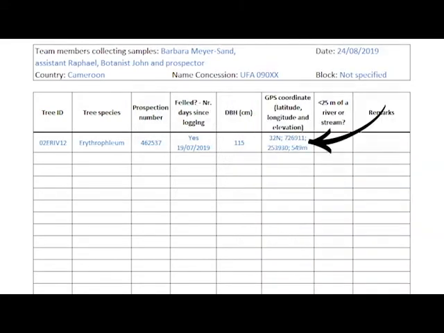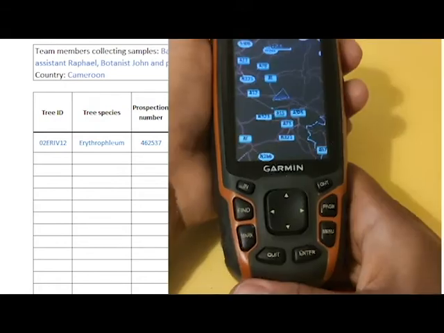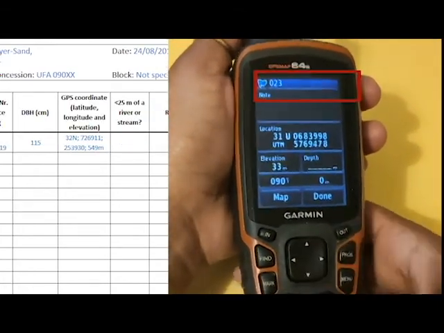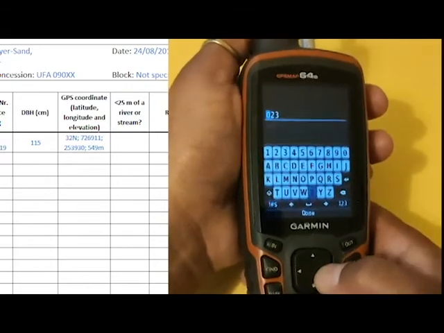Now it's time for the geocoordinates. Make sure that the GPS is calibrated and that the format is set to UTM coordinates. Create a new point in your GPS and name it with the tree ID, like this.